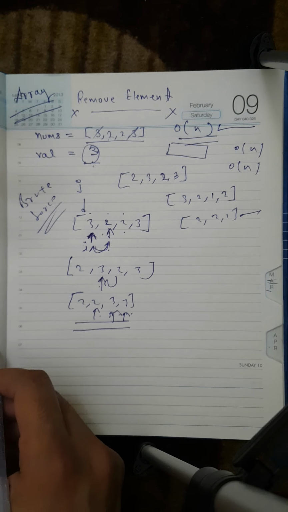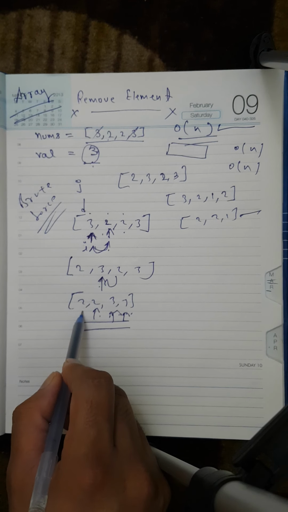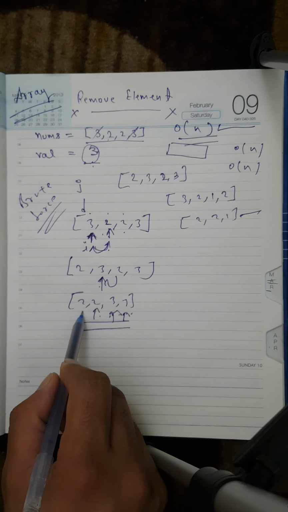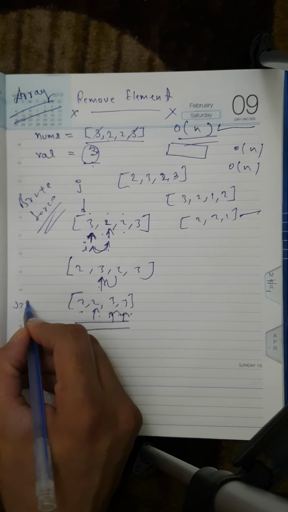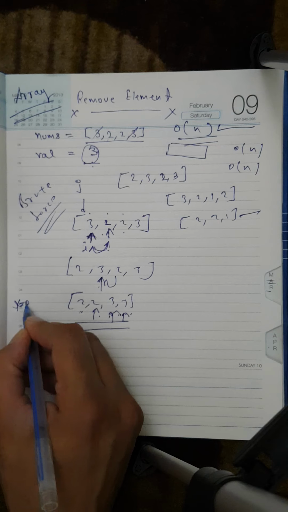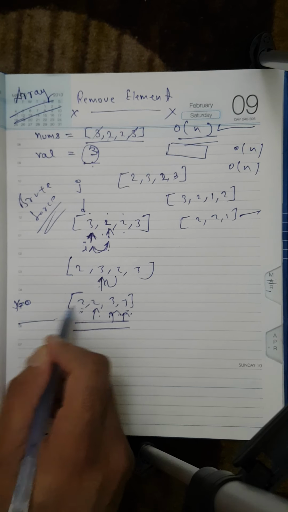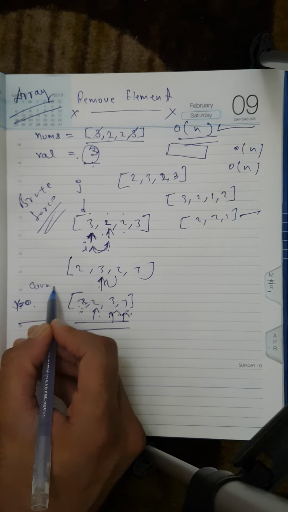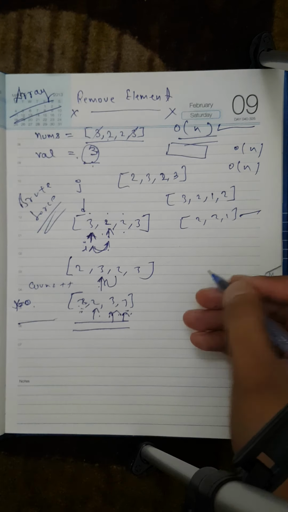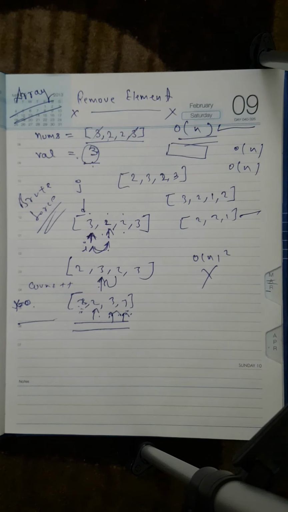Then we can loop over this array and compare the values, with k equal to 0 in the third loop. We loop from here to here, see if 2 matches the value, no, then count plus plus, something like that. Now this time complexity becomes O(n squared), which is not a solution that we want.